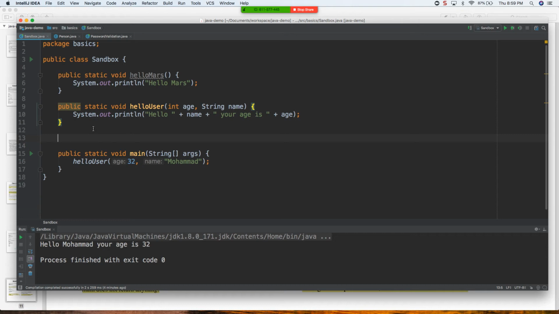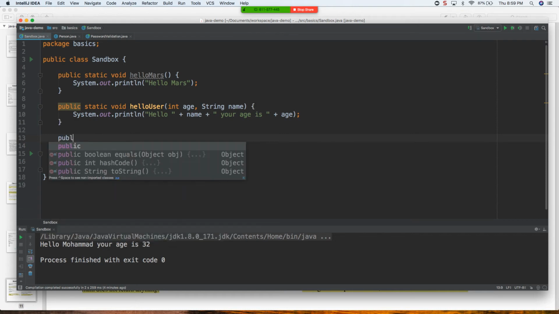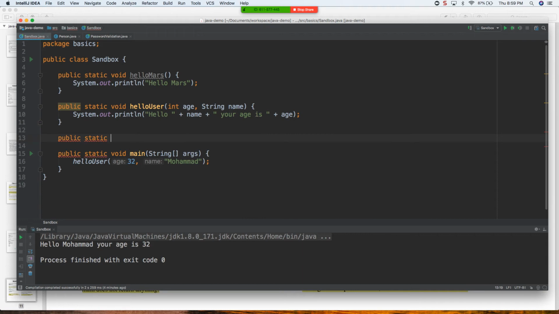So return is a very powerful thing, and again, most of these languages that you learn are going to have this, right? So first, you're going to say public. We'll just keep using static, but don't worry about that right now. And then you say, okay, what is going to be the return data type? So let's say we are adding two int values, not double, just two int values, right? So the return type should be int. Excellent. So we'll say int, and we'll just call it getSum, and then the first value, int value1,